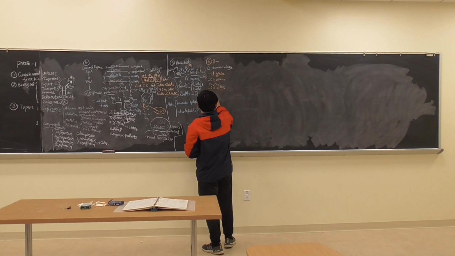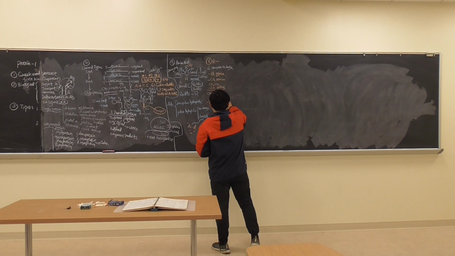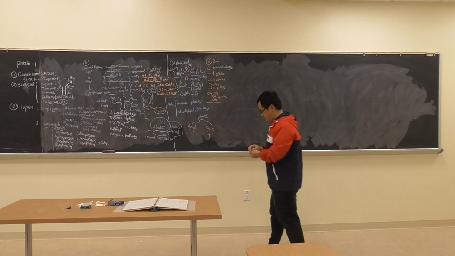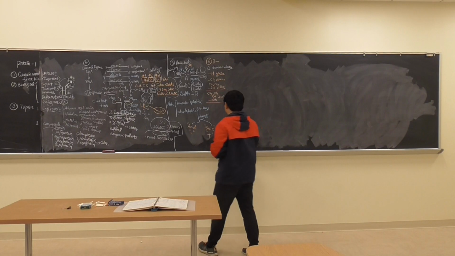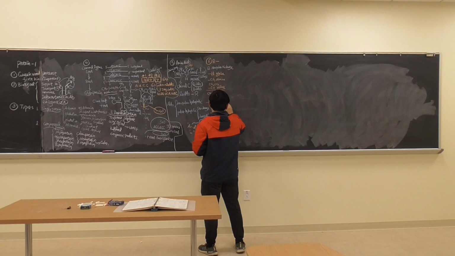We have CH2, CH, then CH3, then CH3. That becomes leucine. And leucine is the same as valine, an essential amino acid, so I usually mark it red. Then there's an isomer of leucine, which is called isoleucine. So here we have CH3, then CH2, and then CH3. That is isoleucine.